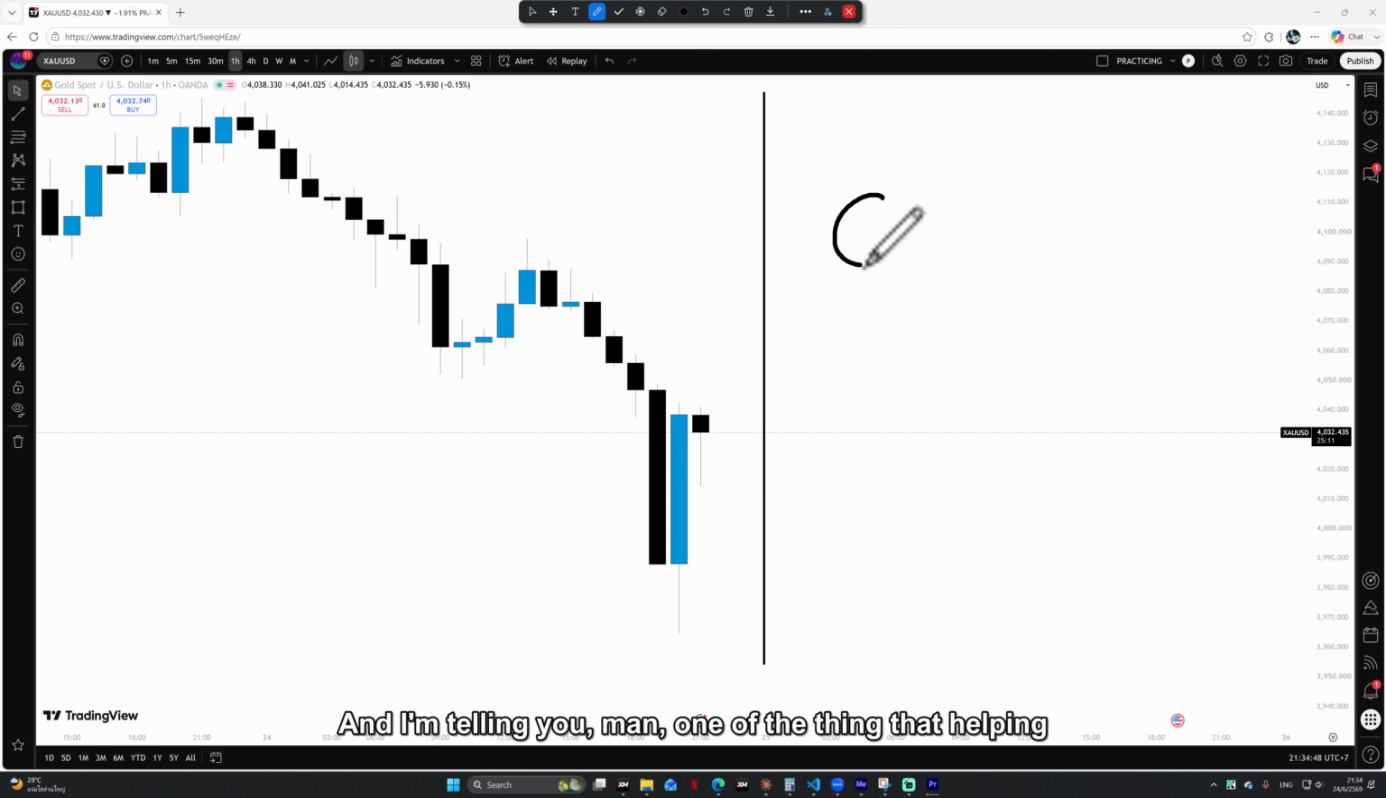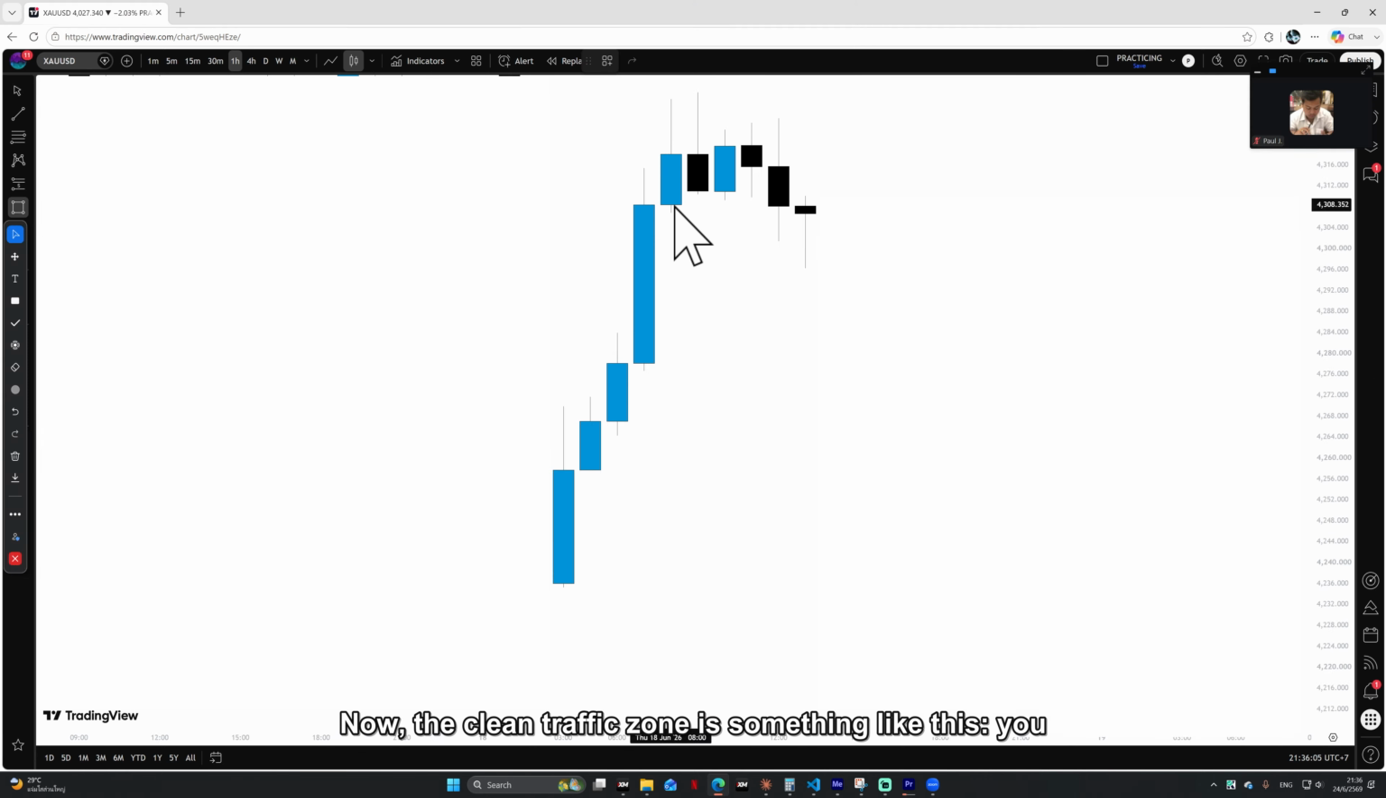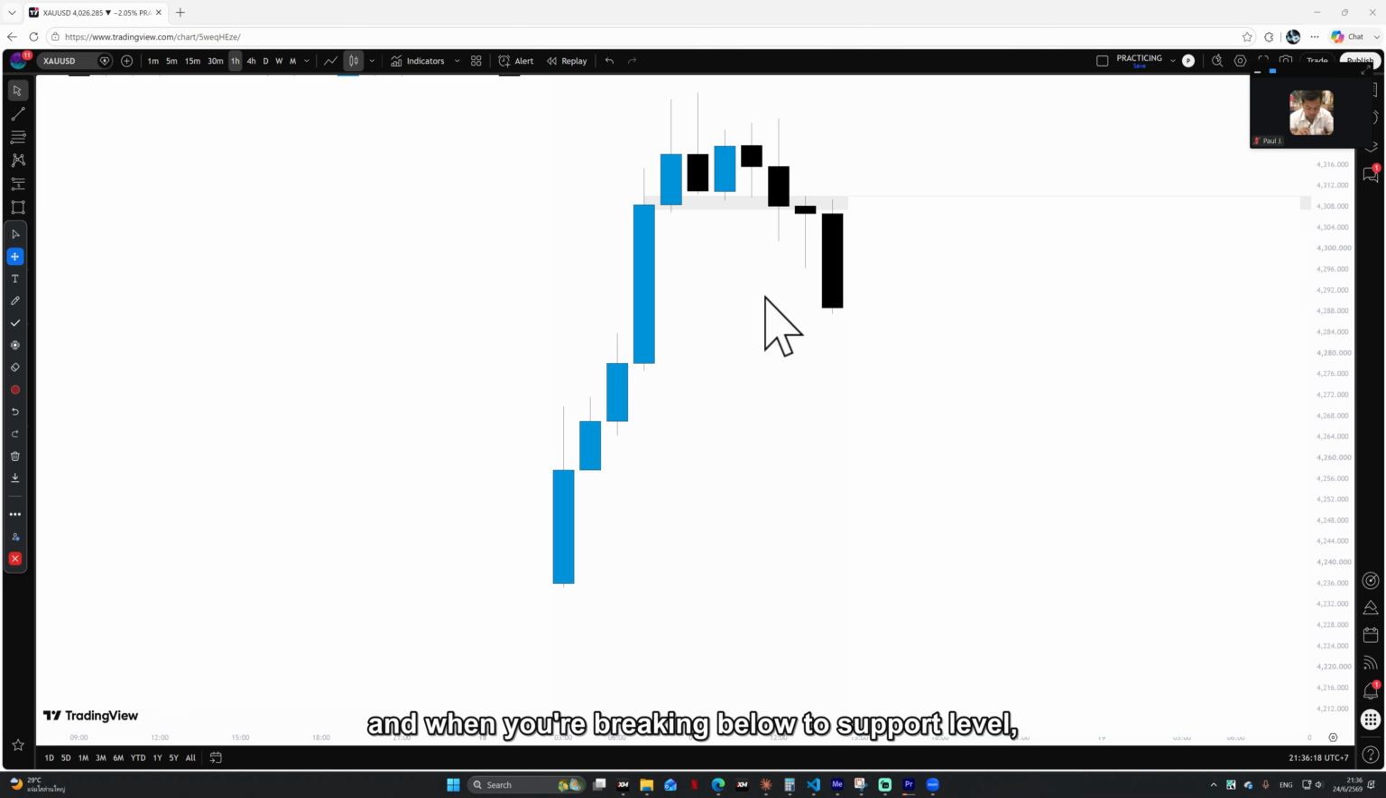And I'm telling you, man, one of the things helping me a lot in trading is what we call clean traffic. Now let me tell you what it is. The clean traffic zone is something like this. You can see the price breaking below the support level. And when it's breaking below the support level, it's gonna look to the left-hand side and see that,